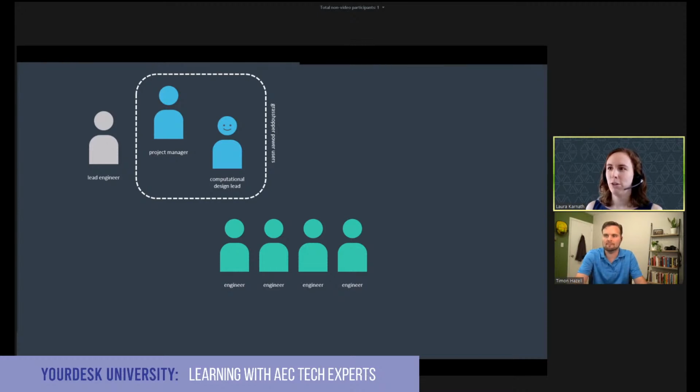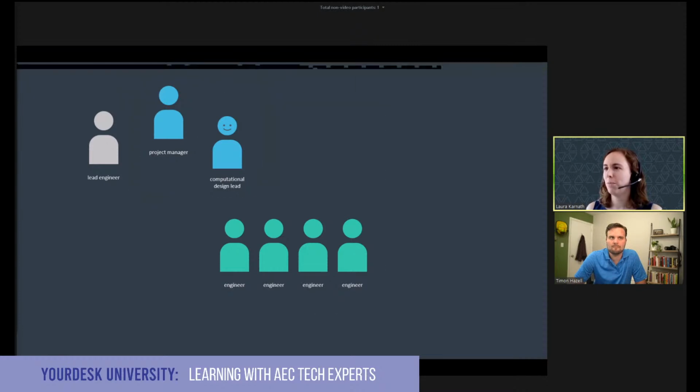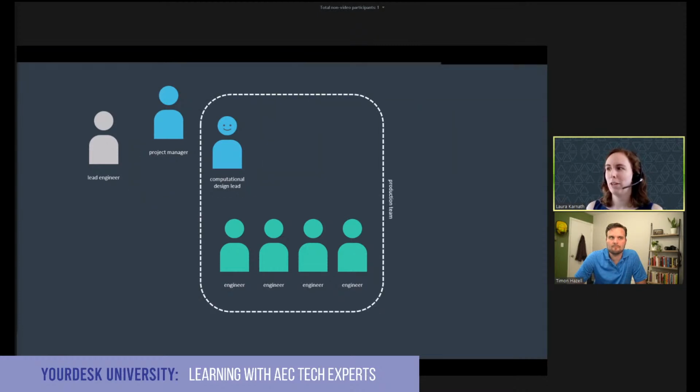However, the project manager had project manager things to do, and she didn't actually have a whole lot of time to contribute to our Grasshopper workflows, our geometry, our interoperability tools. She had time to review and give input, but not actually to do it. So these are the people who are actually the production team for the project. We had a bunch of engineers who were really great engineers, super sharp, but they just didn't have a whole lot of Grasshopper experience, which is why I'm showing them in green here.